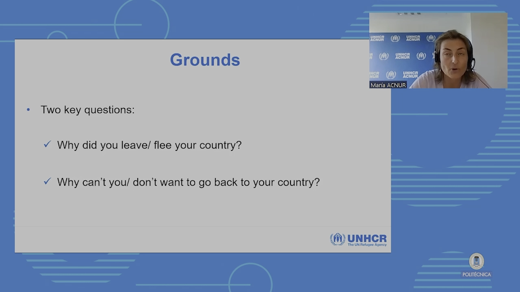And in order to make that expulsion effective, you can be detained, but always in a legal framework. And that very importantly includes that you are informed about the possibility to ask for protection, and you have the possibility to ask for protection. So information in that first arrival is very important.